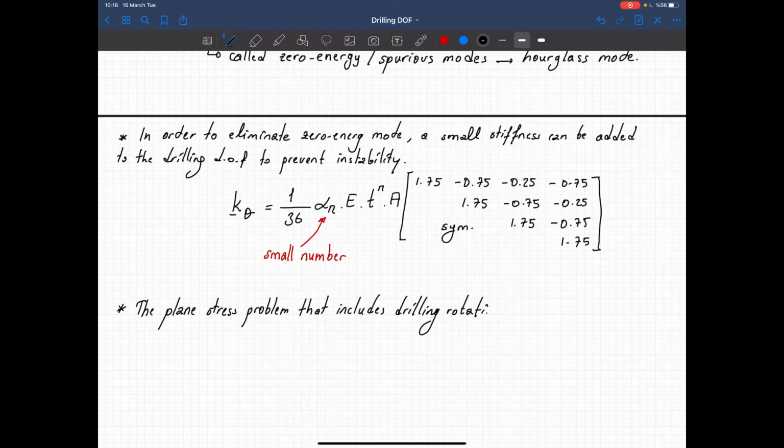Remember that the plane stress problem that we defined here didn't have any drilling degrees of freedom. They all depend on the translations in the U and V direction. But you can do it a different way of defining it, and it was done by Reissner in the 1960s